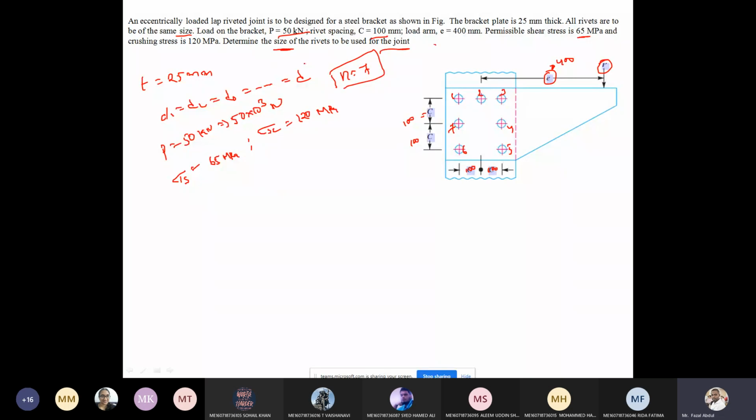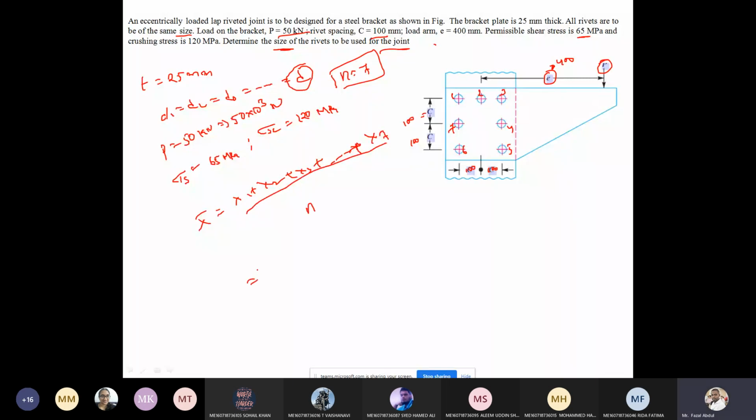It means what is the D value. In the same manner as I've shown the design procedure, we have to solve the numerical. What is the first point in the design procedure? The first point is to determine the center of gravity for this figure. So where is the center of gravity? Here or somewhere here? I don't know. So the center of gravity is x bar equals x1 plus x2 plus x3 and so on up to x7, for the 7 rivets, divided by the number of rivets n.